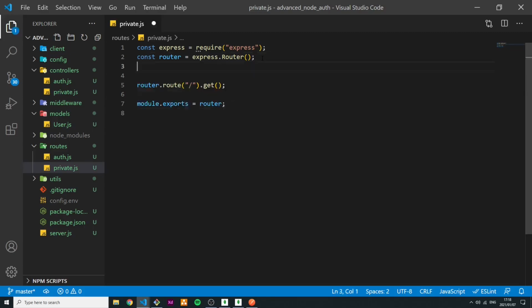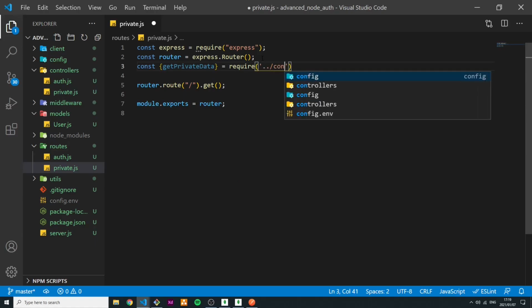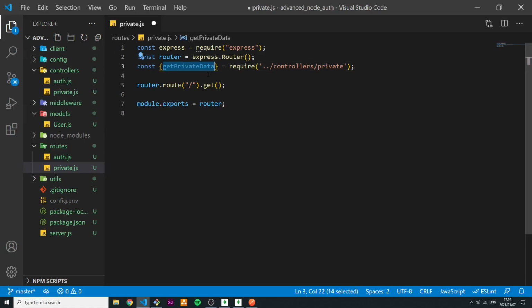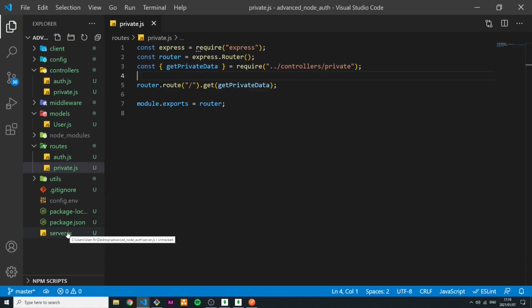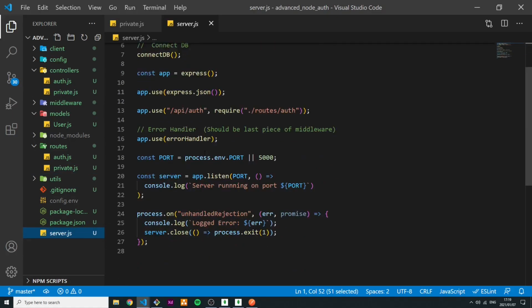So now we can bring that controller in. We can say const getPrivateData equals require, and then into the controllers folder we get the private file, and we pass in that controller function. If we save this and go to our server to connect up this routes,